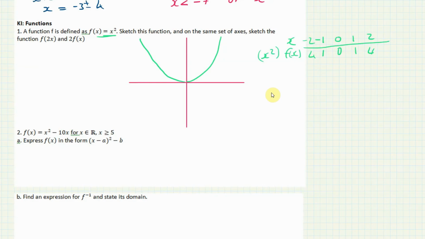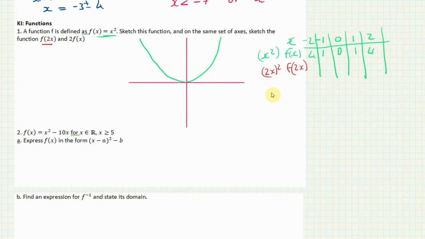Okay, now that's that. Excuse the mess. Okay, now let's do another one. Let's do f(2x). So what we're going to put in for, so that means it's like 2x all squared, right? That's f(2x). Okay,